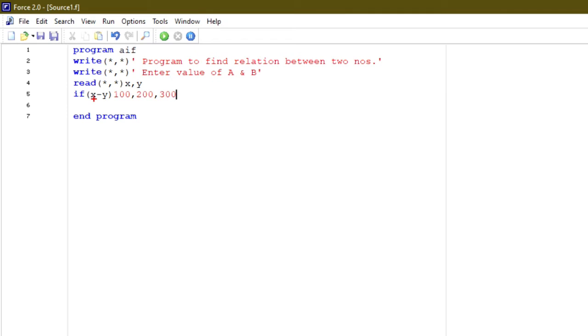Okay, so now we will enter, and here we will write down 100, 200 and 300. These are statement numbers. Okay, so in front of 100 we will write down write. So what should be in the write statement of 100? It will transfer control to 100 when x is less than y, means when the answer is negative, right? So I will write down here,